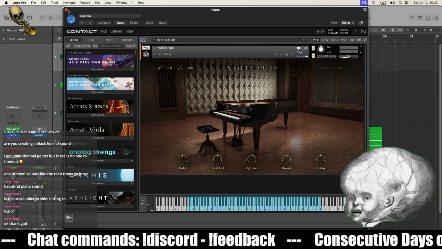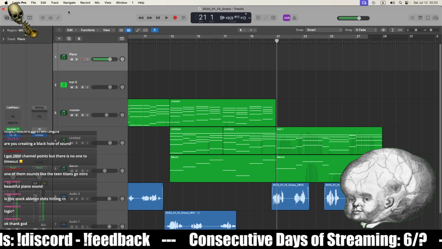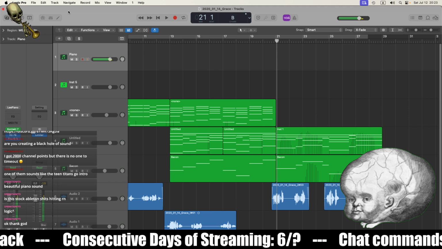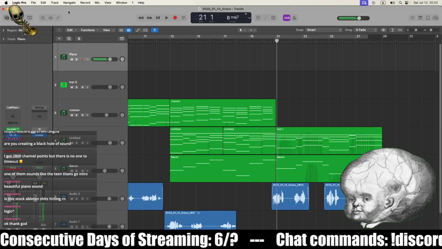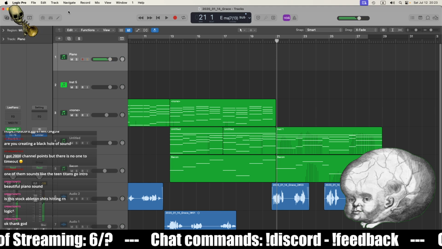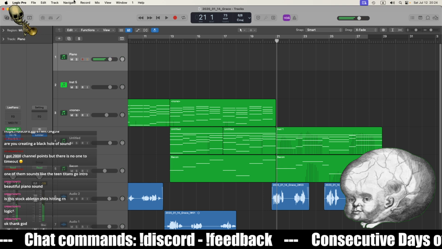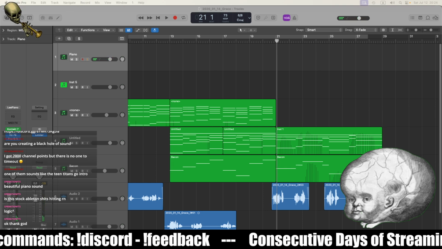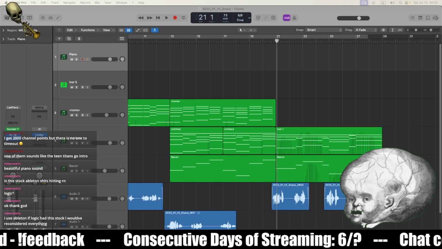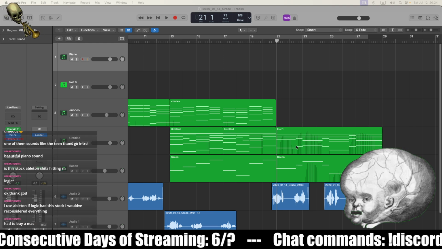What's wrong with the stock Logic ones or stock Ableton ones? I use Ableton if Logic had this stock. Oh, that's what you meant. Okay, wait.